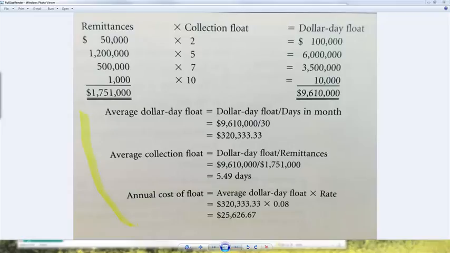Our next step is to calculate the average dollar-day float, which is simply dividing that total dollar-day float of 9.6 million and change by 30 days in the month to come up with the average per day. And you see that dividing 30 into 9.61 million produces an average dollar-day float of